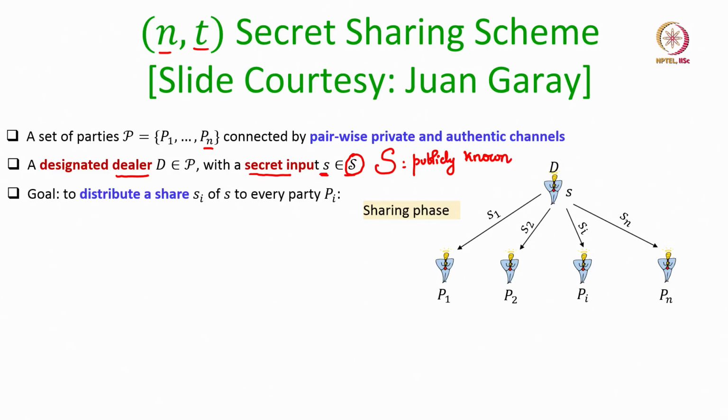Now, what is the goal here? As the name suggests, secret sharing. I want a mechanism which allows the dealer to share his secret by giving some piece of information about the secret to every party, and that piece of information is called the share. So, the share for the ith party is denoted by S sub i. So, we want a mechanism which allows the dealer to distribute his secret and give a share of his secret to every party in such a way that